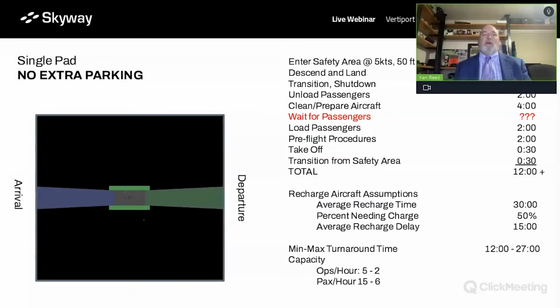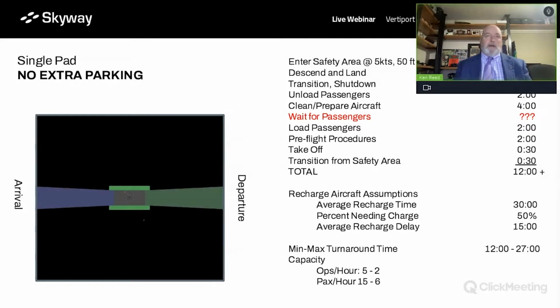Now let's start small and talk about the simplest vertiport possible. In my community, we have a couple of tennis courts side by side. I never play tennis, but you could tear out those two tennis courts and have roughly enough space to put in a FATO for a very small, very simple vertiport. It wouldn't have a terminal building, may or may not have charging, but basically it would be a point at which I could call up a flight, he would land, I'd get in, and we'd take off. The simplest possible